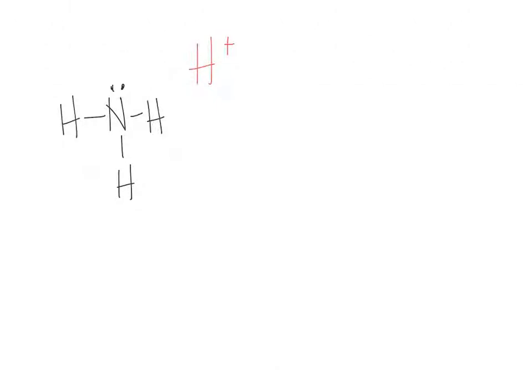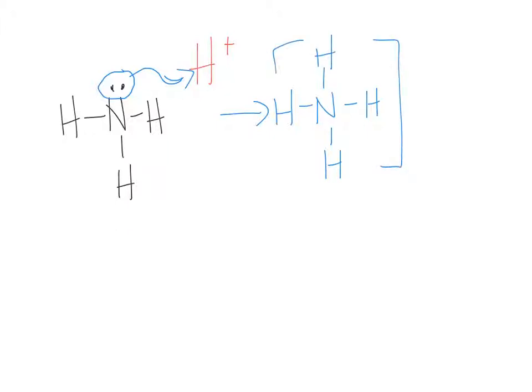If it loses it, it's an H plus. So what can happen is this lone pair of electrons can donate and make a bond with hydrogen ions, forming an ion with a +1 net charge